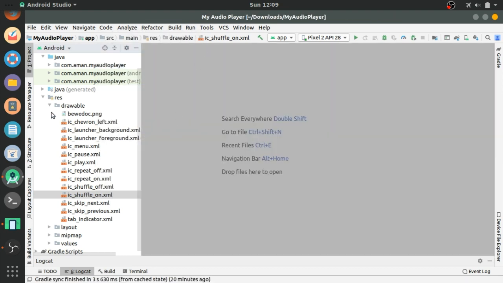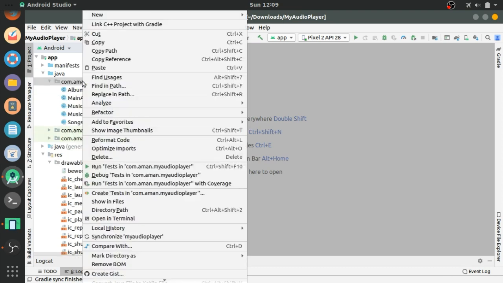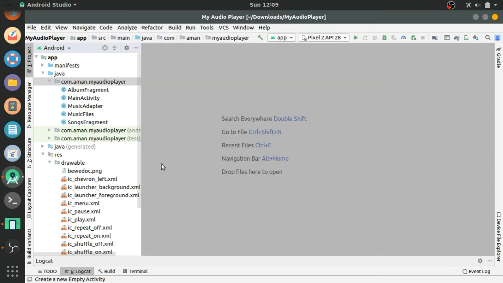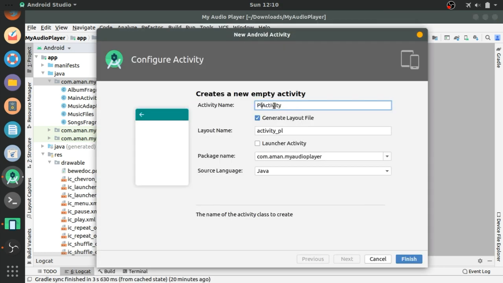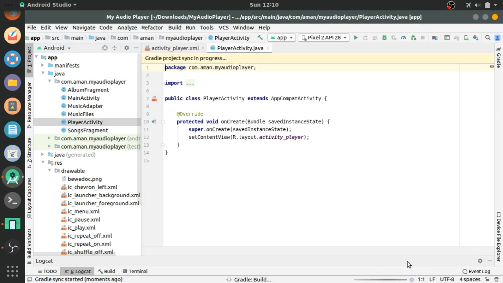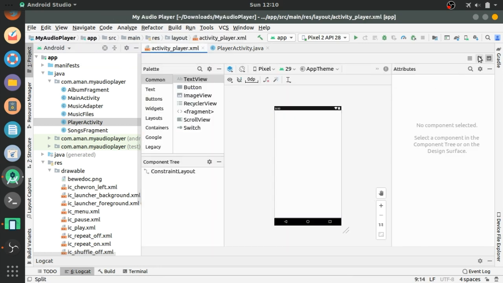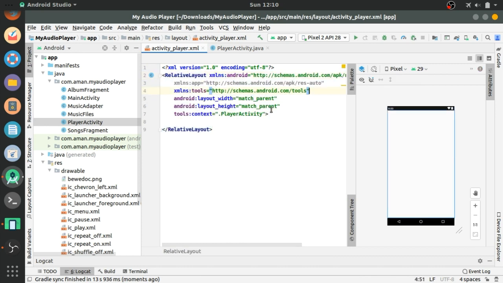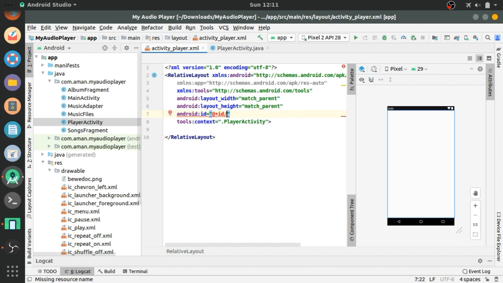Now go to the Java file and in our package create a new activity, empty activity, and change this name to PlayerActivity. Now finish. Gradle syncing is now finished. Go to the activity player and change this constraint layout to relative layout. Now give it an id, m container, and background